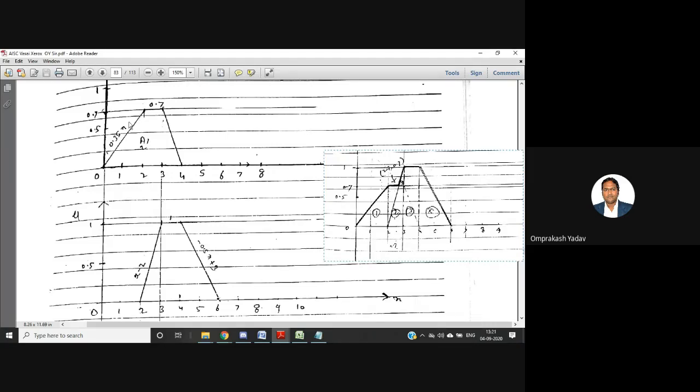Now all these boundaries will go. Now I'll be concentrating on this particular part. So from here till 4, this line is coming parallel to the x-axis, so I have drawn this line. Then after that there is a descending line from this particular point till 6. Okay, so I'm drawing that particular line from this point 4 to 6.